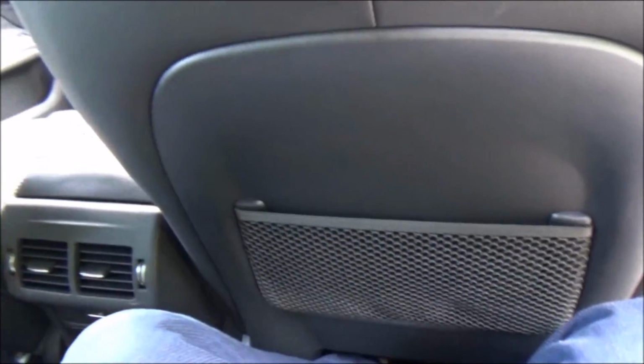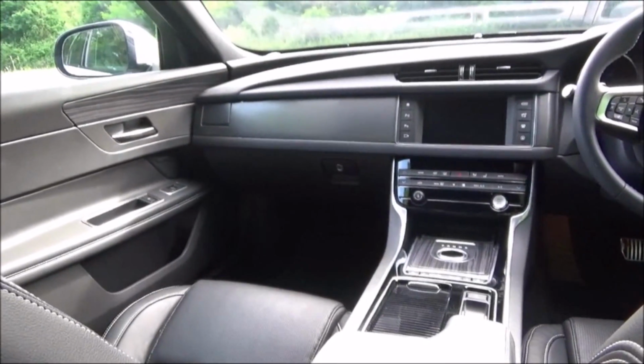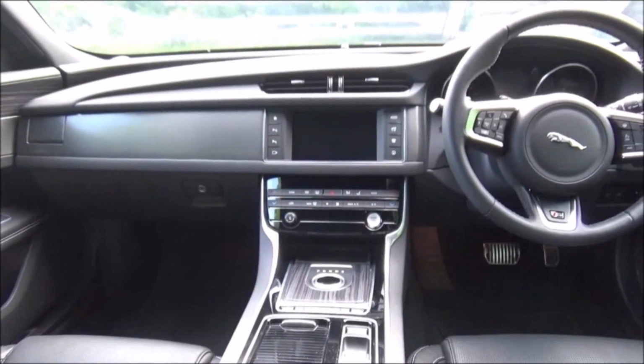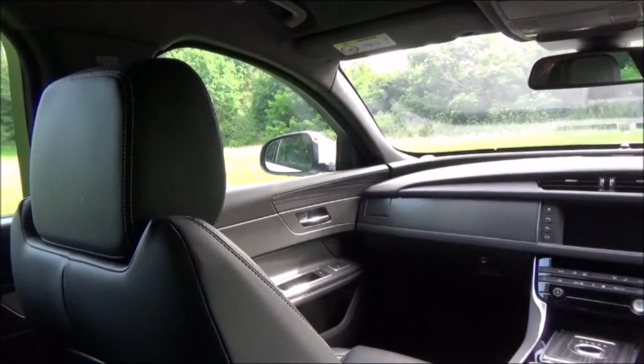So Jaguar really say that if you want a car that's capable of carrying 3 adults on a short journey, or at least 2 adults on a regular basis in the back, it's worth having the extra space the XF offers. The other point to say, despite the sloping roofline, there's plenty of headroom. I don't know if you can see that, but there's